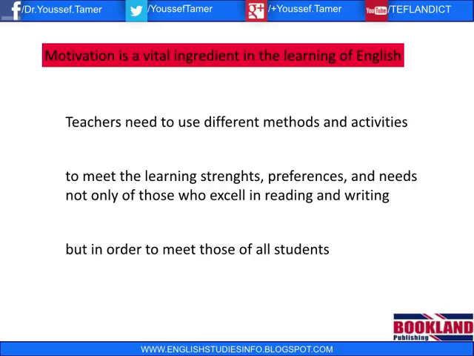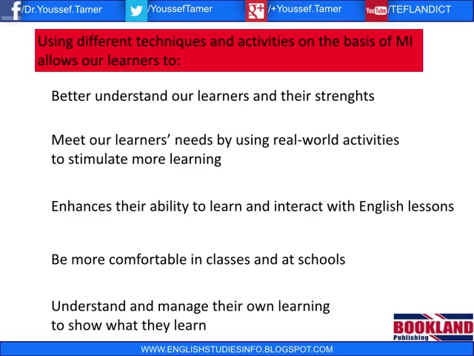What should happen normally is that they need to meet the learning strengths, preferences, and needs not only of those who excel in reading and writing, linguistic, but of all students. There are others who excel in bodily kinesthetics, so we have to meet that need. There are others who excel in music, so we have to approach them and teach them English via activities dealing with this kind of intelligence. So we have to meet the strengths, preferences, and needs of all our kids, students, and learners in general. And using different techniques and activities on the basis of MI,